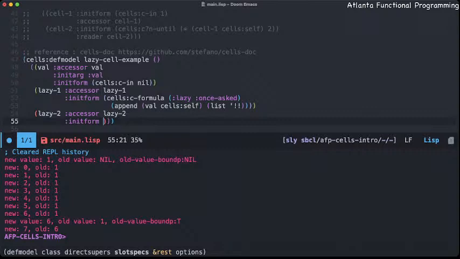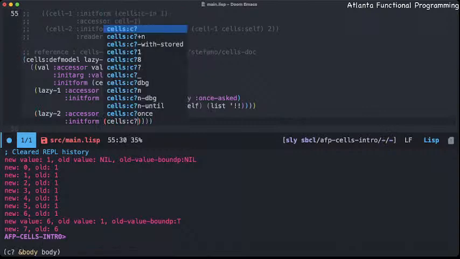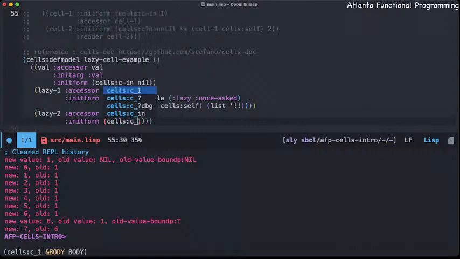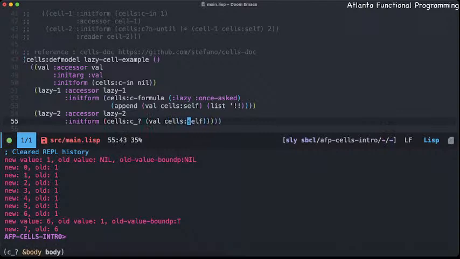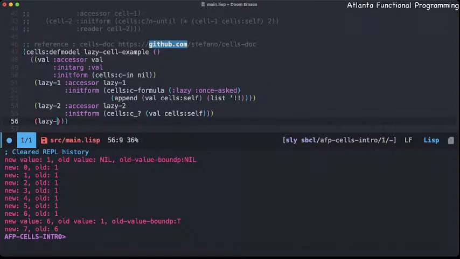So let's see if these actually still have it. There's another one. Yeah, there is one. So we can use this, which is another notation for until-ask, and do val self. And then lazy3,